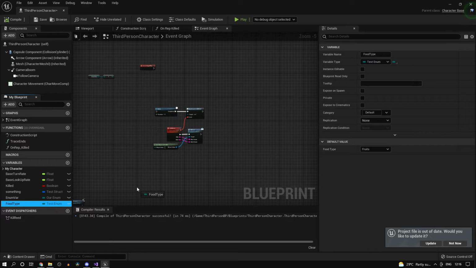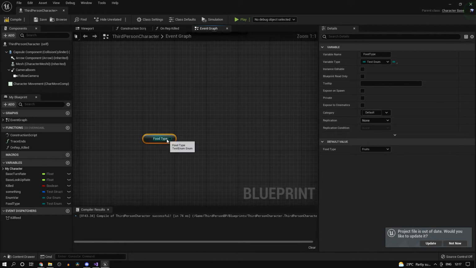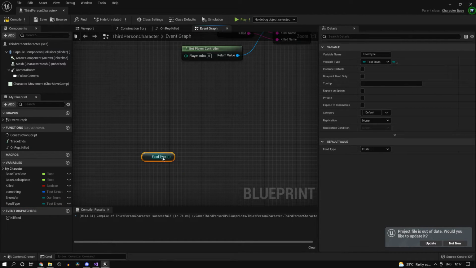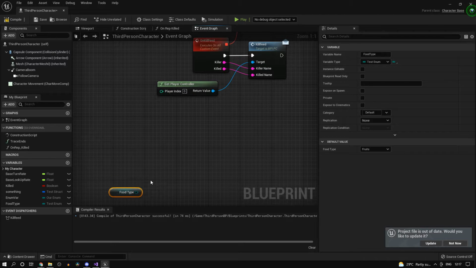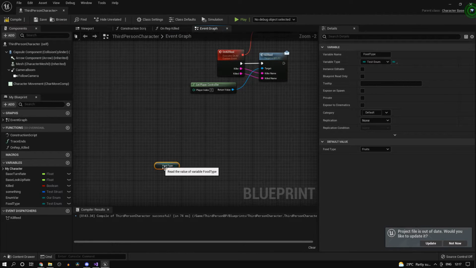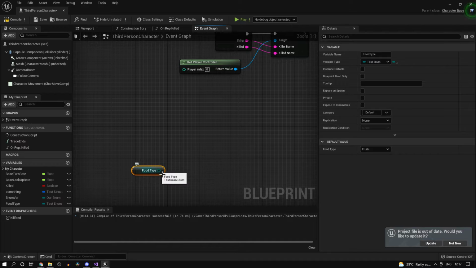You can compile that, drag that in, and then this is going to give this variable this dark green kind of shade. So what this will allow us to do is actually get each of these values first of all. So this by default contains fruits, but you can set it to vegetables or other.